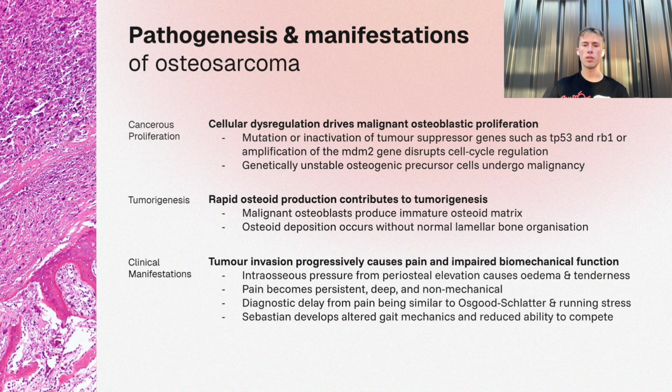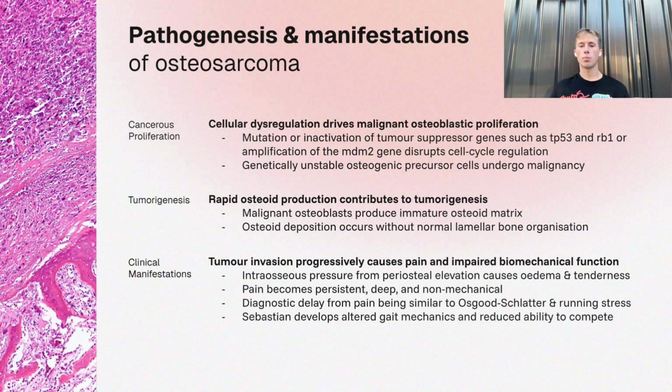The malignant tissue progressively expands within the metaphyseal region of the proximal tibia, infiltrating the medullary cavity and disrupting the architecture of the tibiofemoral joint. The histopathological image shown on the left demonstrates the microscopic malignant osteoblastic cells in the middle and the top, with non-malignant bone at the bottom of the image. In Sebastian's case, rapid skeletal growth undergone throughout puberty and late adolescence increased osteoblastic activity in the metaphyseal region of the proximal tibia, creating greater opportunity for replication errors and malignant transformation, as seen in his case.